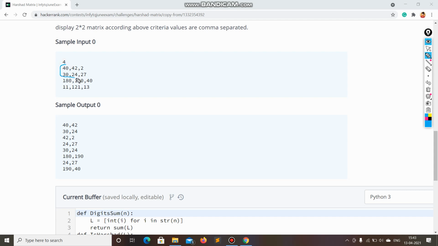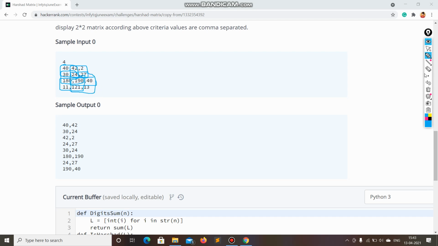I will choose first this 4 and next this 4, and in the next row this 4, and next this 4, and next this 4 and this 4.